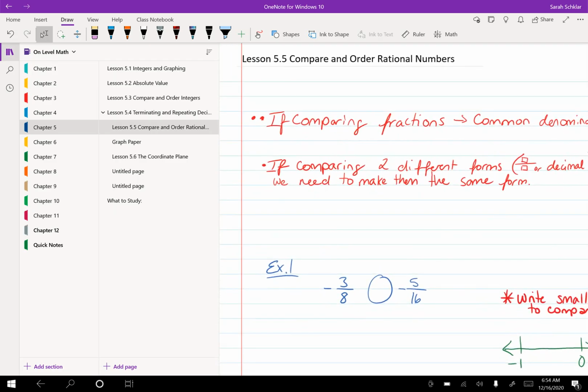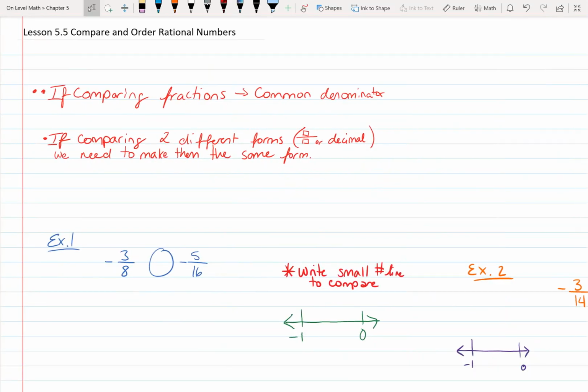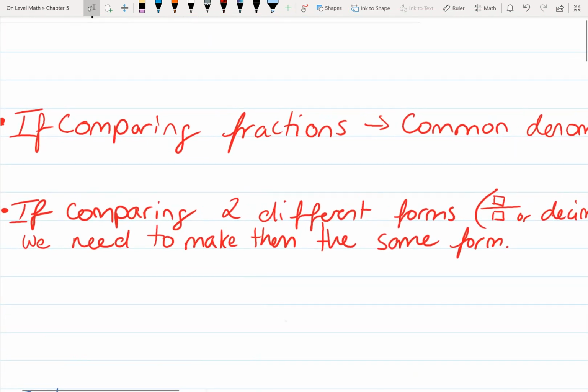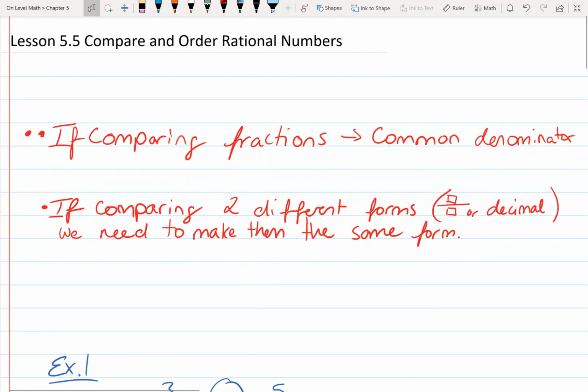Alrighty, moving on to lesson 5.5, compare and order rational numbers. So this lesson is very similar to a lesson that we've already worked with. It was lesson 2.5, where we compared and ordered fractions, decimals, and percents. If you can recall in 2.5,